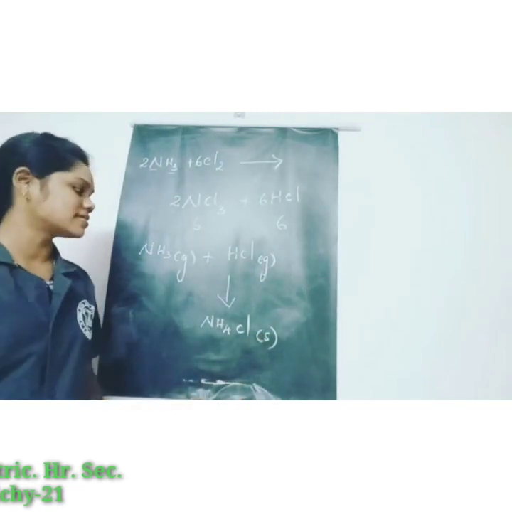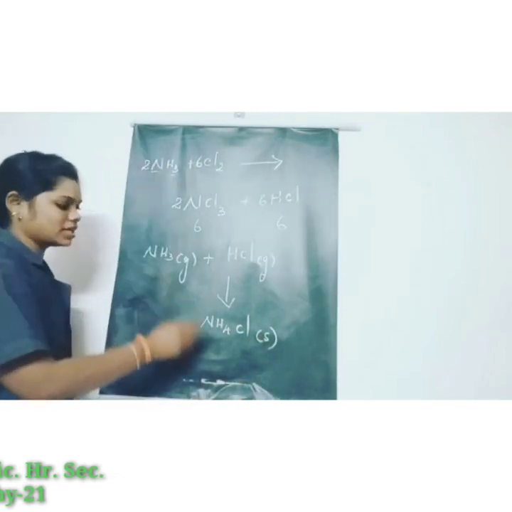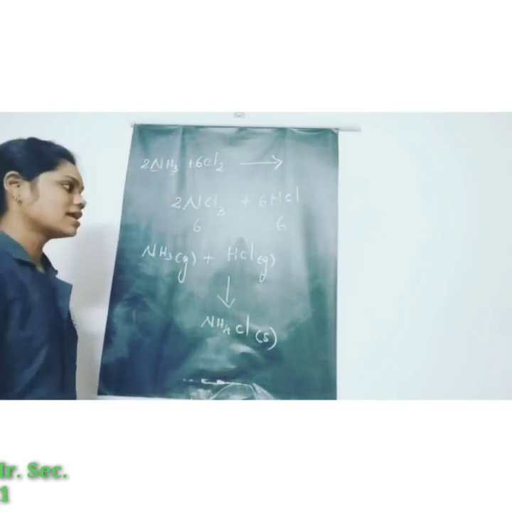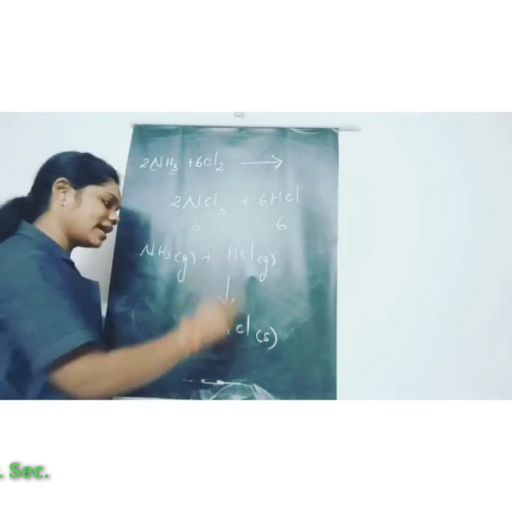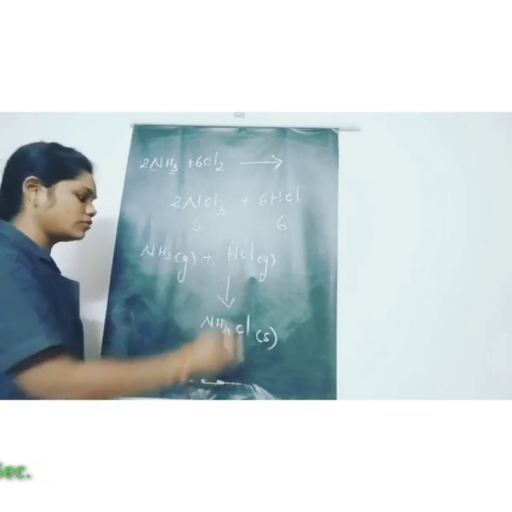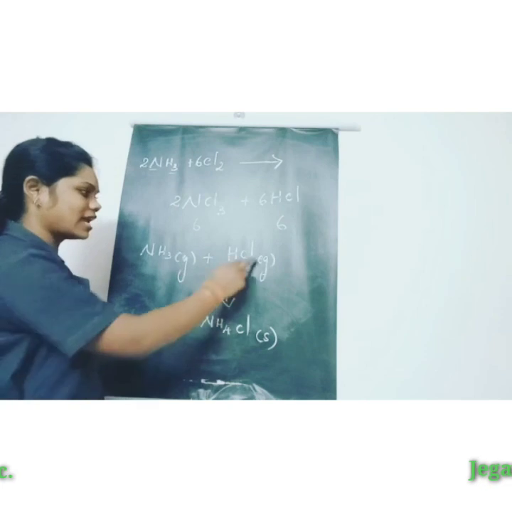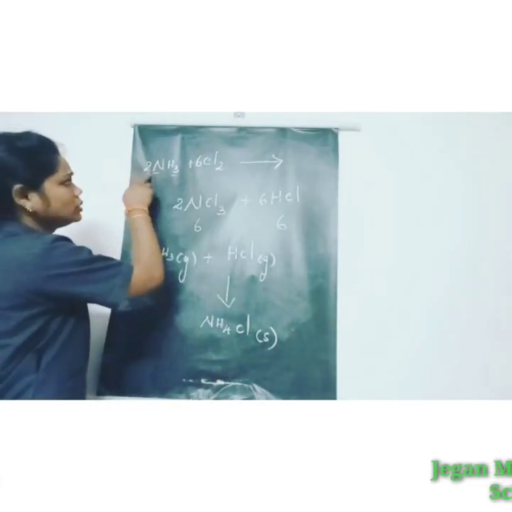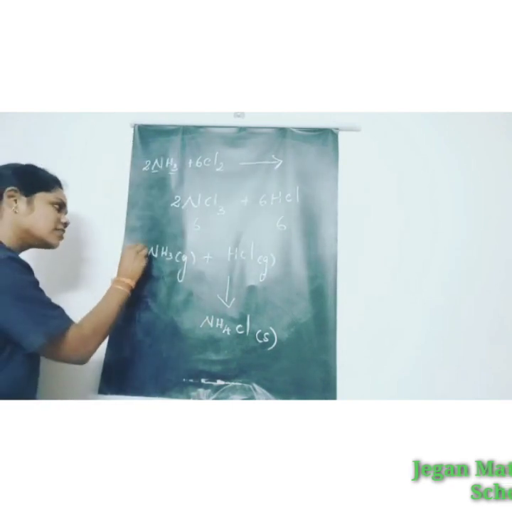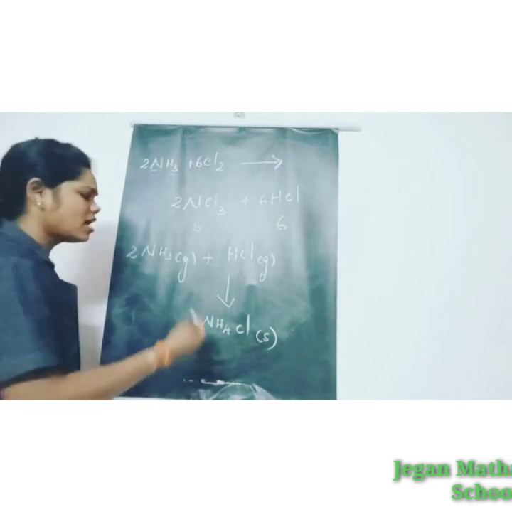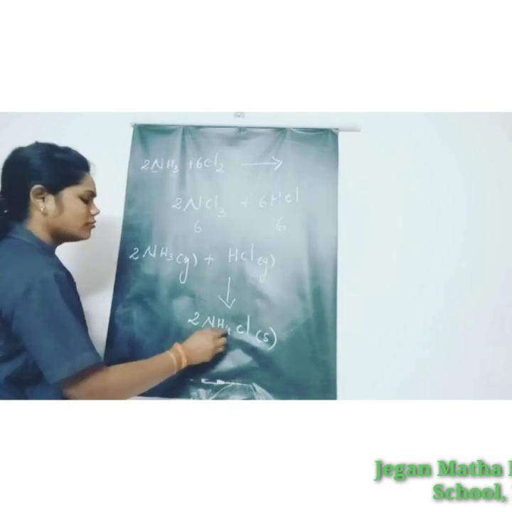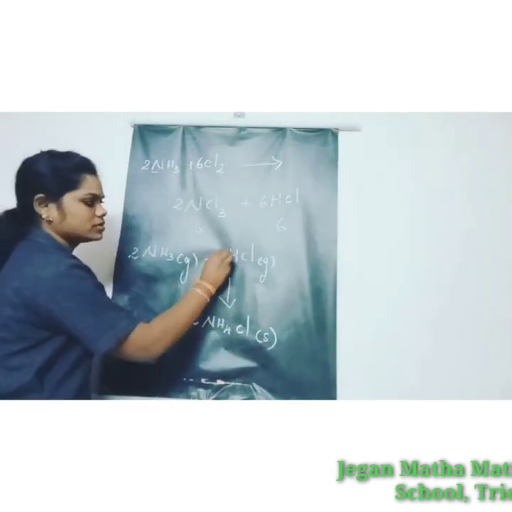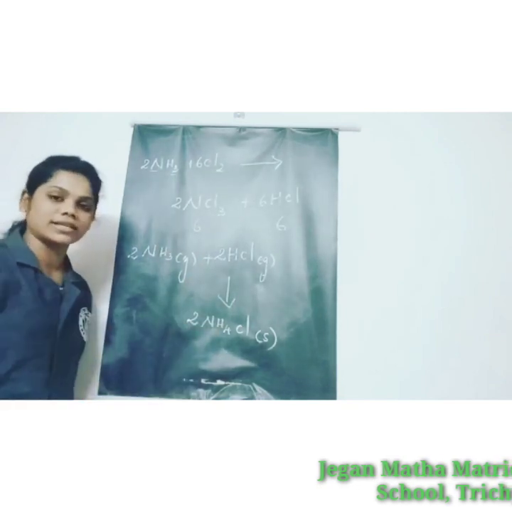How is the equation balanced? Nitrogen 1 time, here also nitrogen 1 time, and hydrogen 3 times, here hydrogen 4 times, here chlorine 1 time. So hydrogen is present 3 plus 1, 4 times, nitrogen 1 time and chlorine 1 time. So this equation is balanced. Otherwise, if 2 times ammonia is taken, then here also take 2 times, so 4 2s are 8, and here 3 2s are 6 only. If you take 2 times, the equation is balanced.